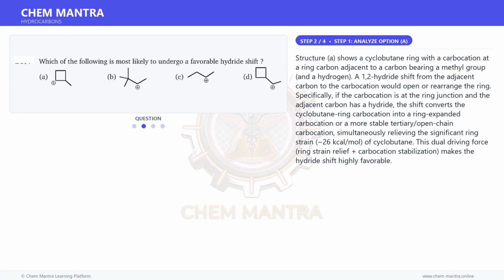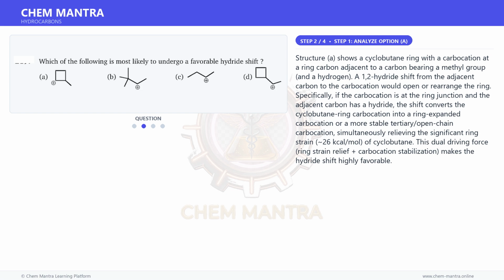Moving on to the next step. Structure A shows a cyclobutane ring with a carbocation at a ring carbon adjacent to a carbon bearing a methyl group and a hydrogen. A 1,2 hydride shift from the adjacent carbon to the carbocation would open or rearrange the ring. Specifically, if the carbocation is at the ring junction and the adjacent carbon has a hydride, the shift converts